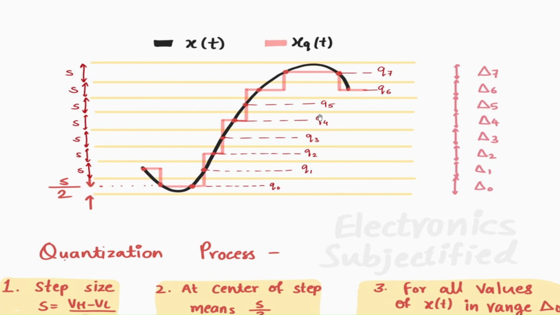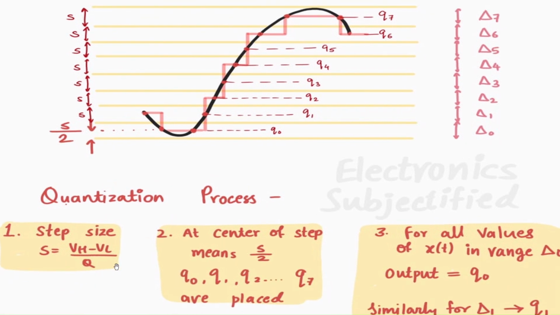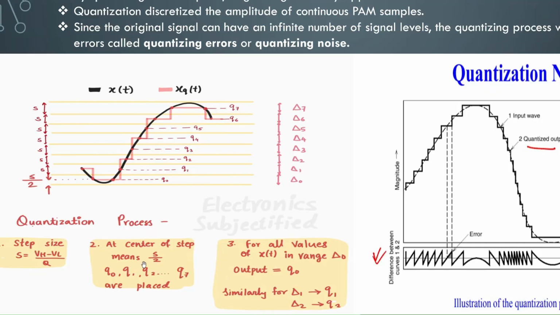Now taking a sample signal, we can understand how quantization works. This is a signal x(t) which is divided into 8 quantization levels. Every level has a step size s, and every quantization level is represented by delta. Step size is (Vh minus Vl) by Q, where Vh is the highest voltage of the signal and Vl is the lowest voltage of the signal, and Q is the total number of quantization levels. At the center of each step, that is S by 2,